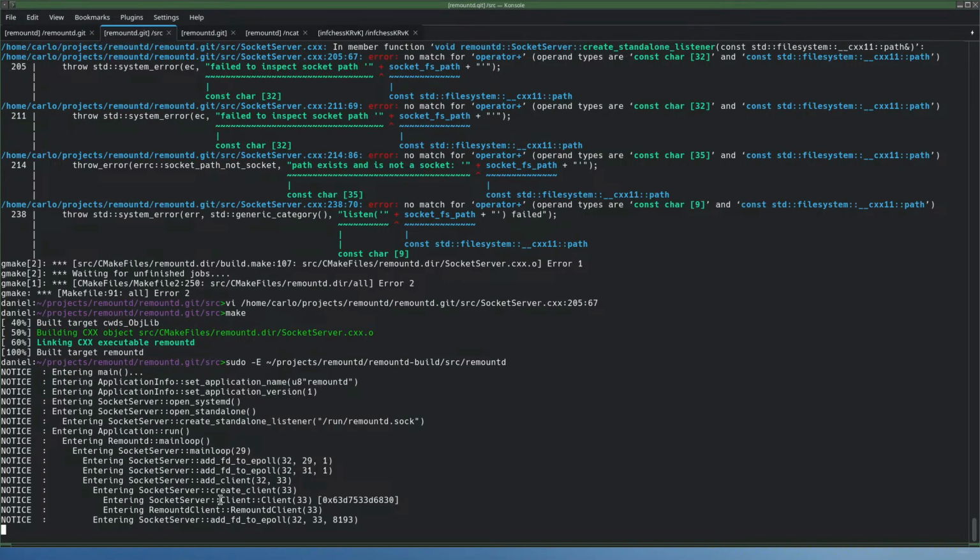Create client, entering socket server client. Well, that's creating a client. Entering remount client. Lots of stuff is being created, and finally we do it and add another file descriptor. What the hell is that? Oh, that is the epoll stuff. Epoll read write and stuff or whatever.